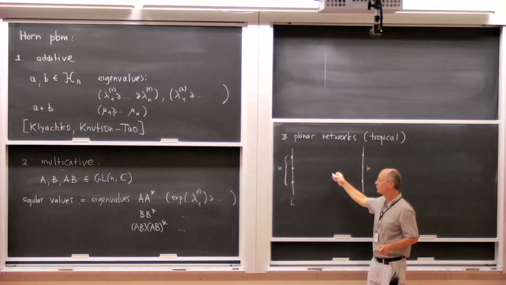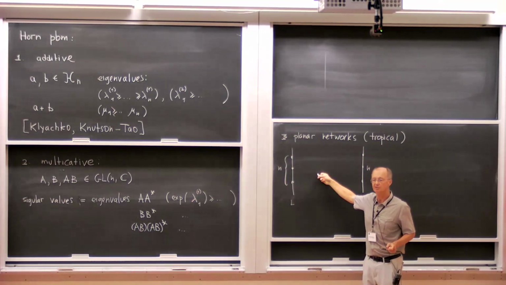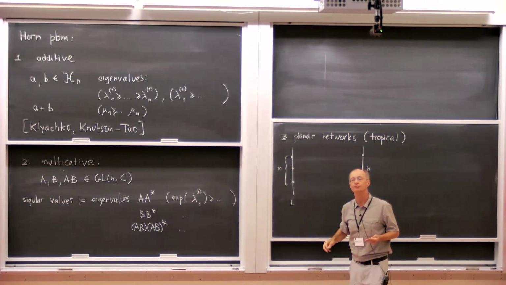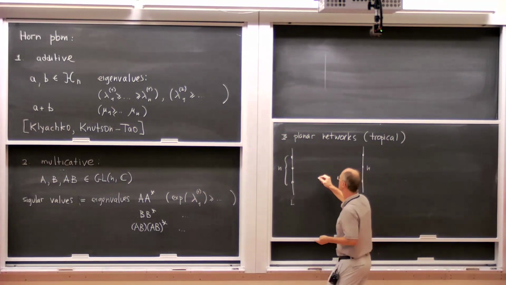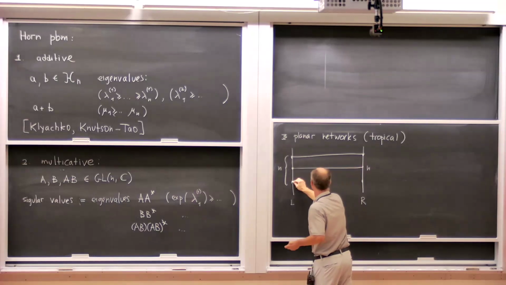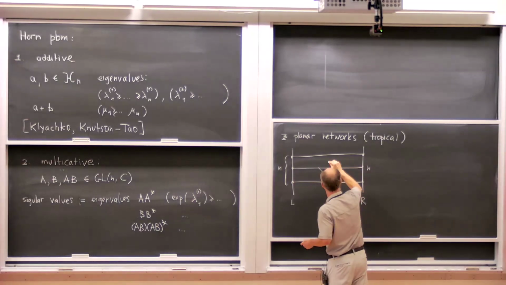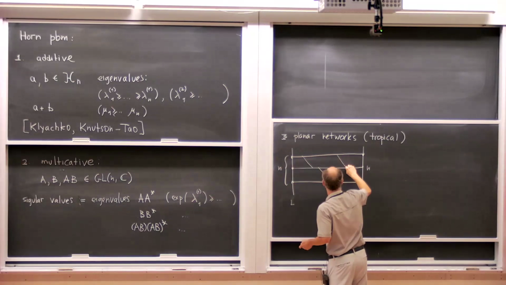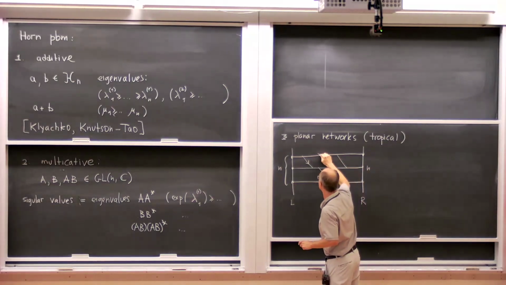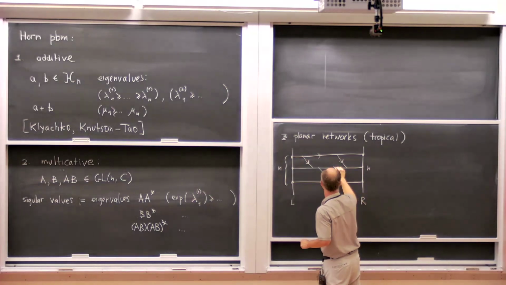And we have an oriented graph, plane oriented graph in between, where all the edges go from left to right. Let me give an example, and this example will serve us later on. So that's a particular example, but you can basically place here whatever you want, but all the directions are like this.